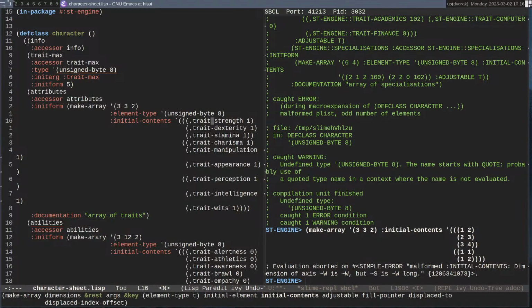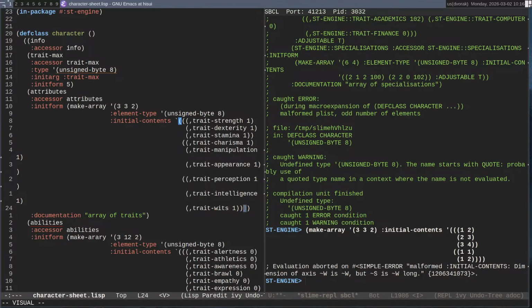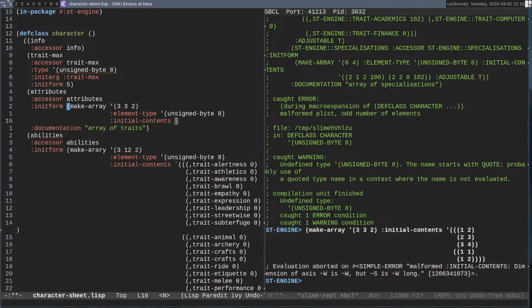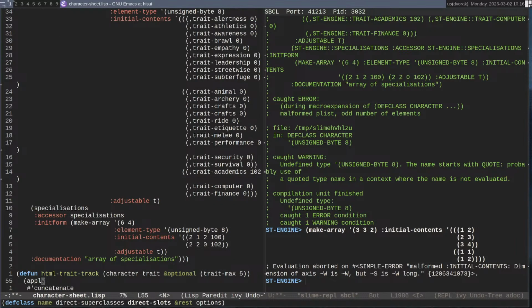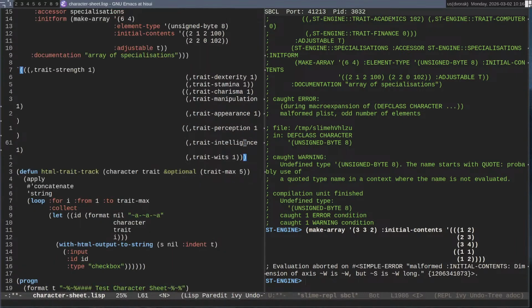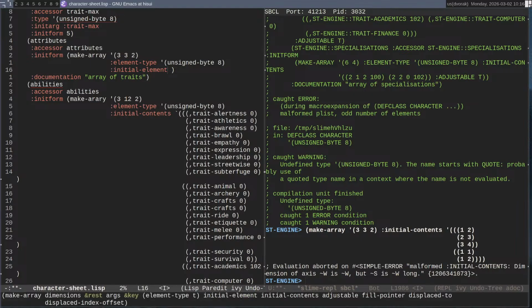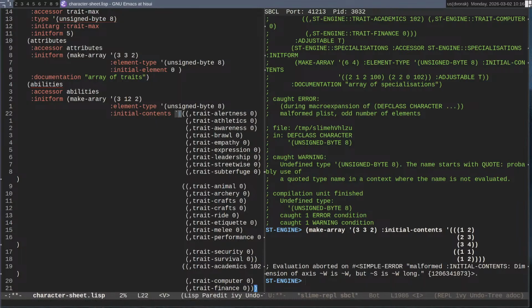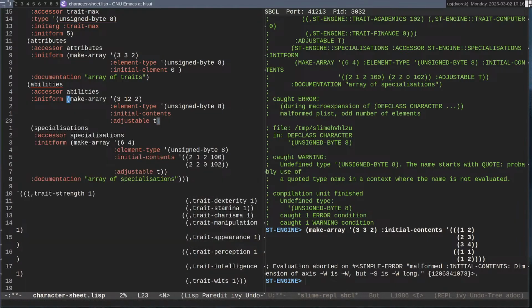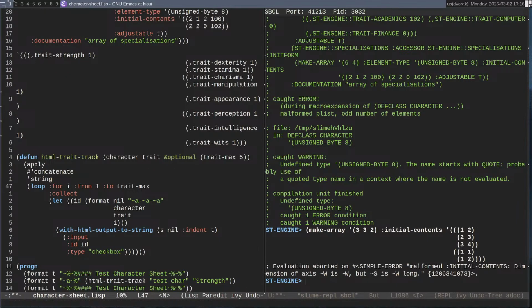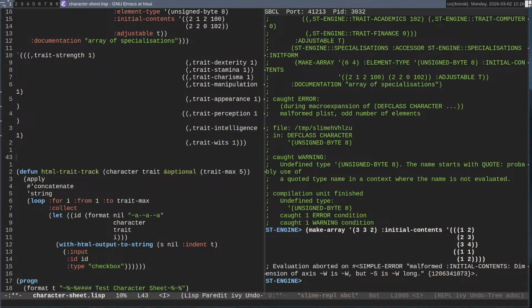is it easier instead to do... Let's remove these. I'll just dump them at the bottom here for the moment. Initial element, I think, yep, initial element is 0. Let's dump this one out to here.